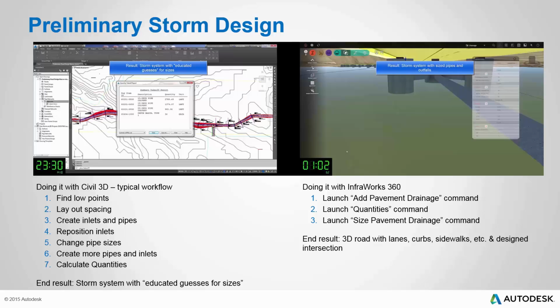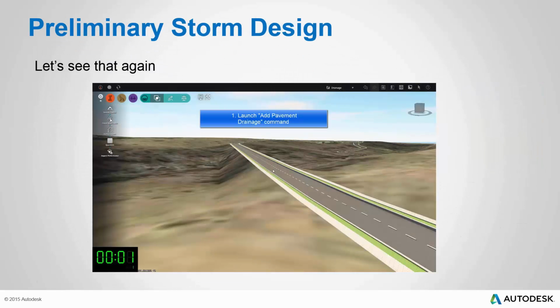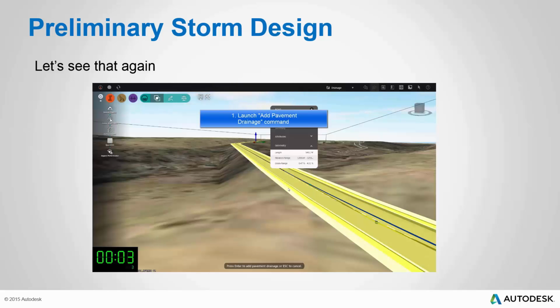The end result for the Civil 3D only solution is a storm system with educated guesses for sizes. If I were to slow down the video to the part where our Civil 3D designer was working on the sizes, he did actually go through and pick some sizes. You can get pretty close just based on experience. But still, they're just educated guesses. We didn't run our scenario on the left with any hydrology and hydraulic design at all, which we certainly could have, but that would have added even more time to an already 23-minute process. So I realized the InfraWorks 360 example went very quickly, so let's take another look at